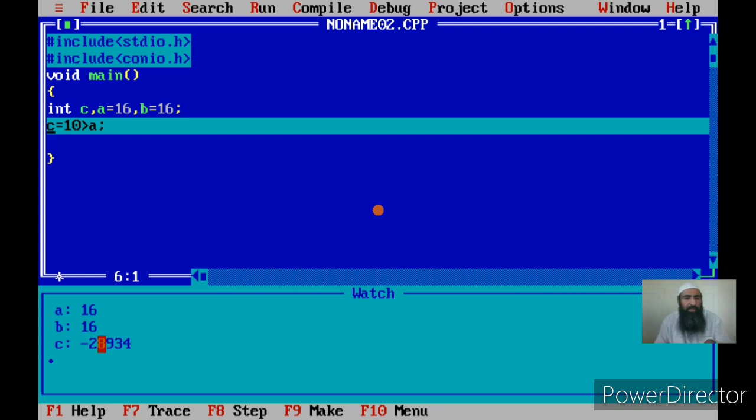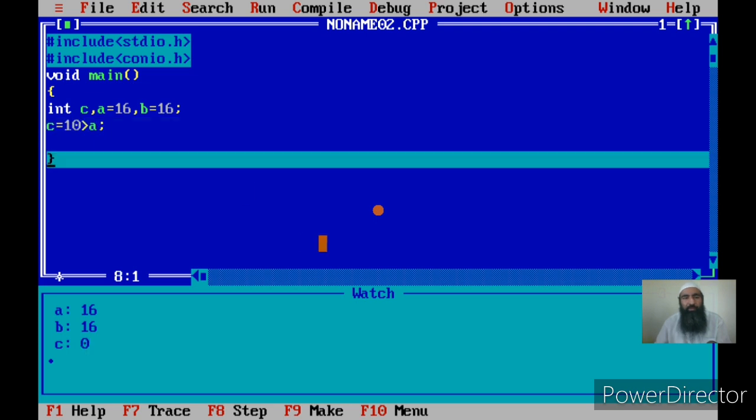Now a is 16 and the first operand is 10. Is 10 greater than 16? Not at all. The result is false. So my result in C should be 0. Now you know the result in advance. When you know the result in advance, you can understand the outputs produced by your programs. Then you can check for different outputs whether your logic is right or not. Once you are able to do that, you will be able to test your programs well.